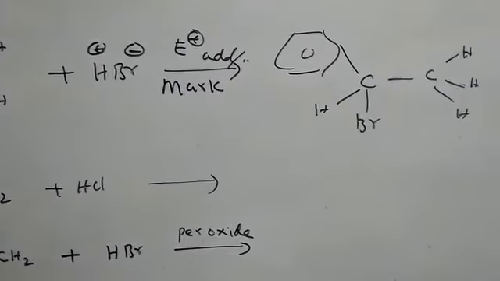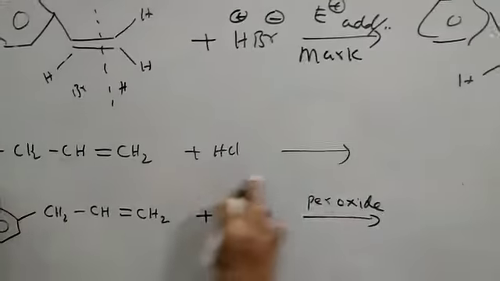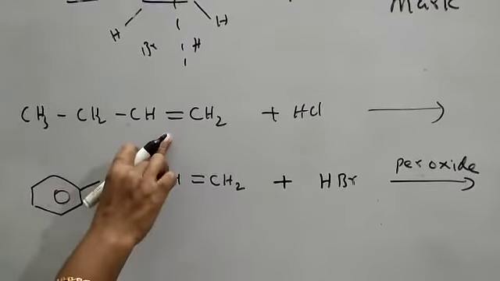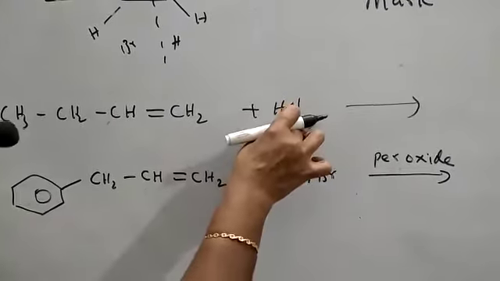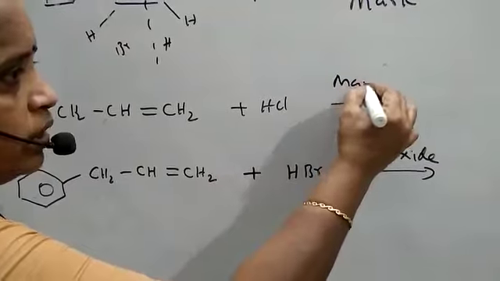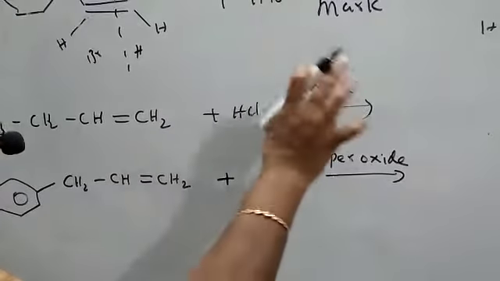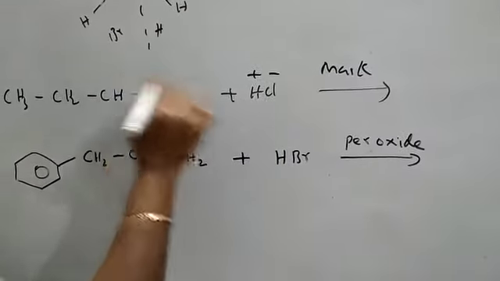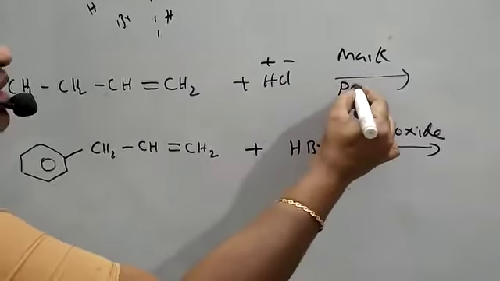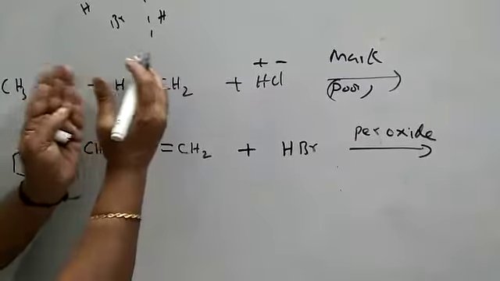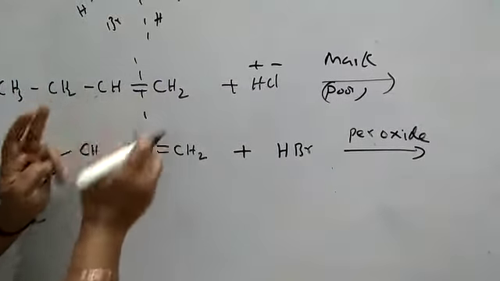Next I am coming to the next equation. The same equation is given in the teaching itself. Anyhow, it is given in the exercise, so I am discussing it. No peroxide, so it follows the Markovnikov rule. What is the Markovnikov rule? The negative part attaches to the polar carbon. You have to compare only these two carbons; don't worry about the other carbons. So here, this is the polar one.